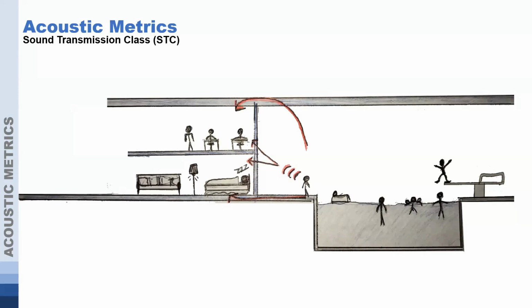And so this is something that we really want to keep in mind, because when we're talking about trying to protect against airborne sound transmission, we're not only concerned with just what the walls are doing, we want to know what the entire assembly is doing, the walls, the floors, the ceilings, what the box around your space is doing, so that we can address all of those potential flanking paths intelligently.